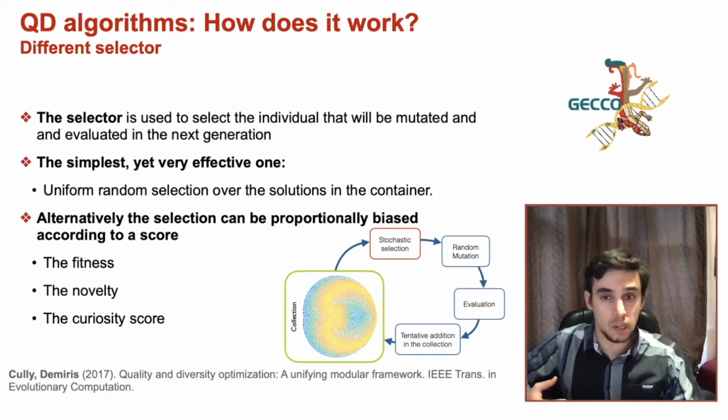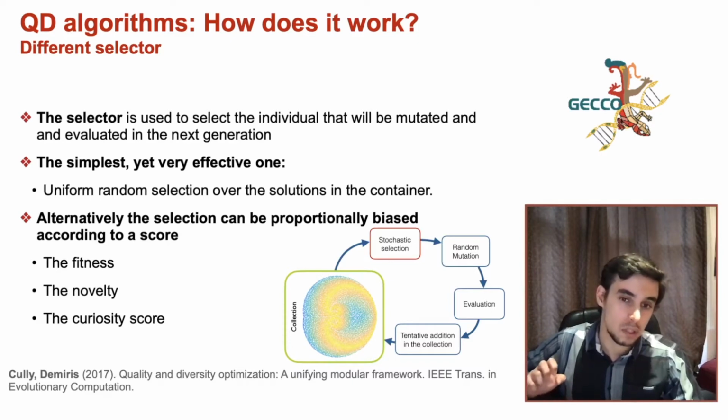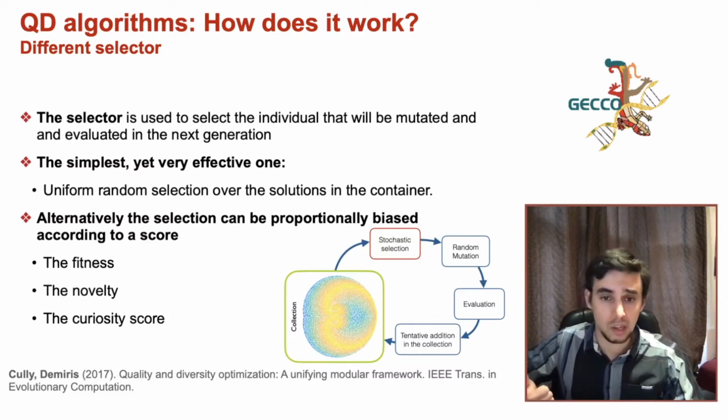And this way we can have a uniform exploration starting from solutions that are already found to be either novel and diverse compared to the rest of the population, or the best solution found so far for this solution. So that's the reason why just a uniform random selection over the solutions contained in the container is actually a